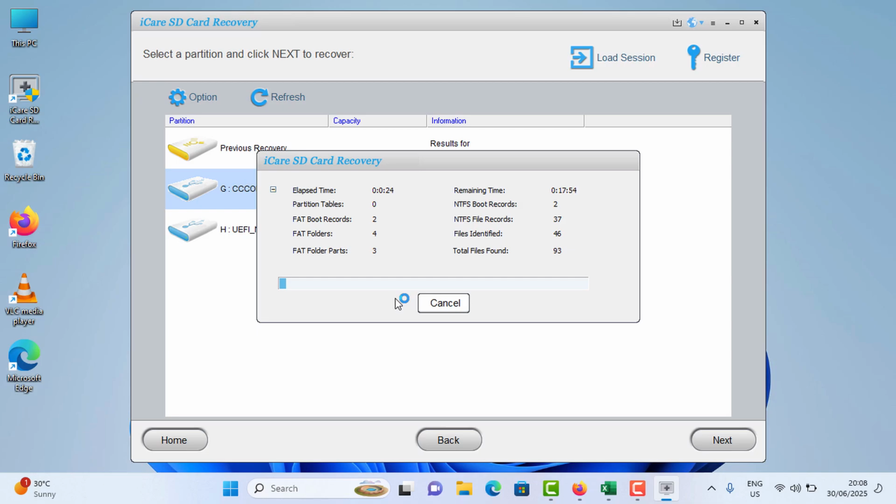So this is how you can recover the memory card data using your computer and this software. This one has a paid version also. It has some more capabilities, but I think the simple data recovery is enough using this free